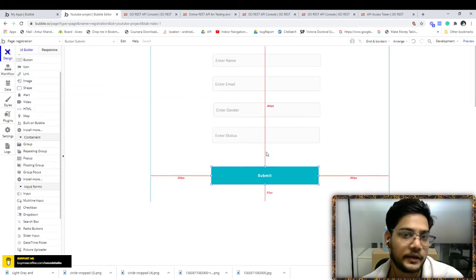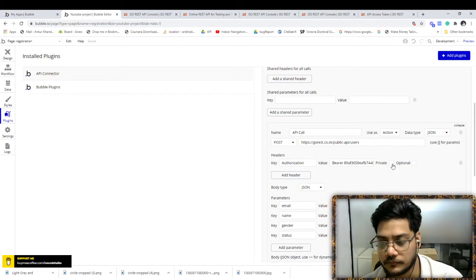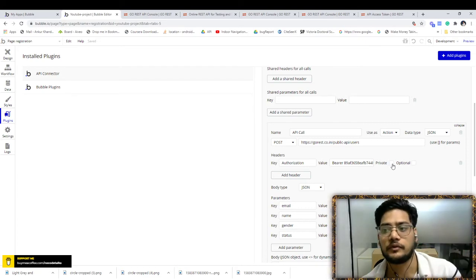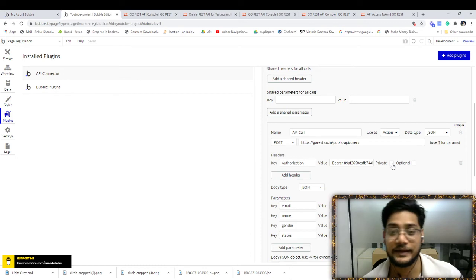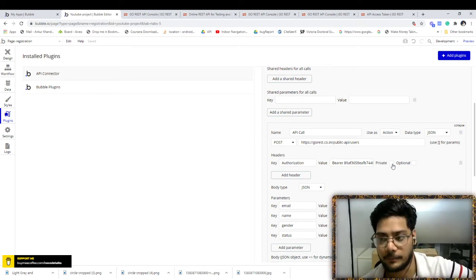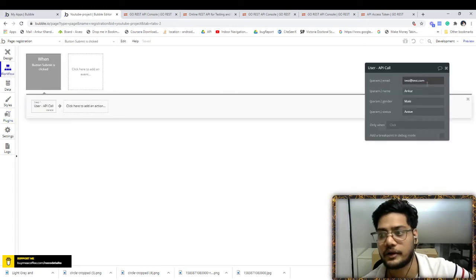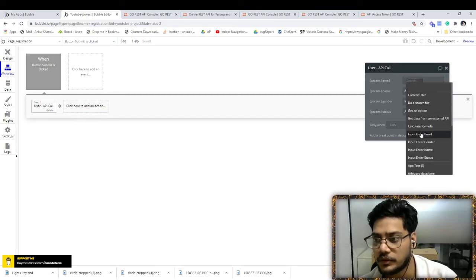But because in that particular API, my token is fixed, I'm not getting a token like, okay, if a user logs in, each user has a different token. So in that case I want a dynamic thing, but here no, I just click on private. It is private. Now you will go in the workflow, it will not be there. Now you have to find the value.